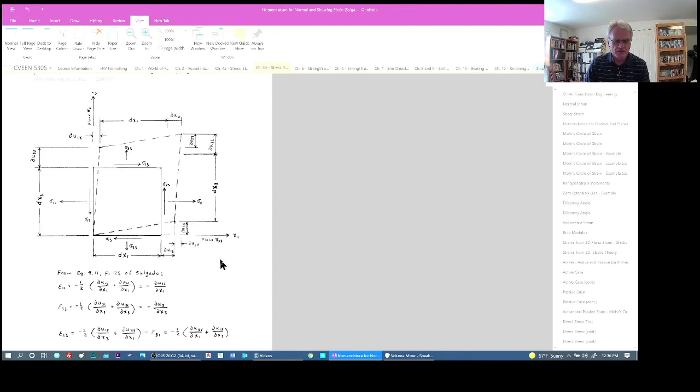This plane down here becomes plane pi 3,3 because it is normal to the x3 axis. This plane here, I should say plane pi 1,1,